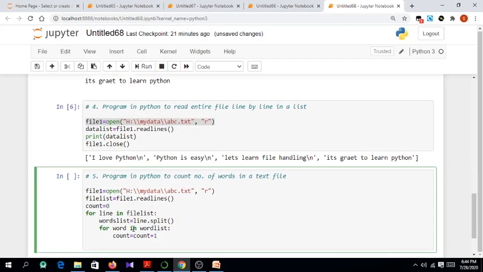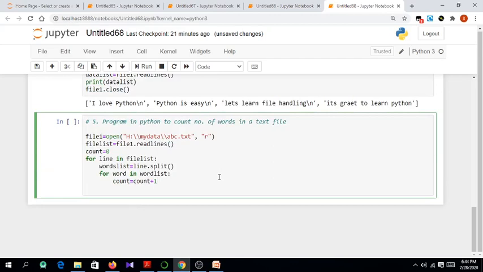Finally, once the loop is over, just try to understand. File list: initially when you use the readlines function, the file is returned as a list. Every line is present as a string, as an element in the list, and that list name is file list. So we got the entire file in the form of a set of strings. Now for every line I am running a loop.